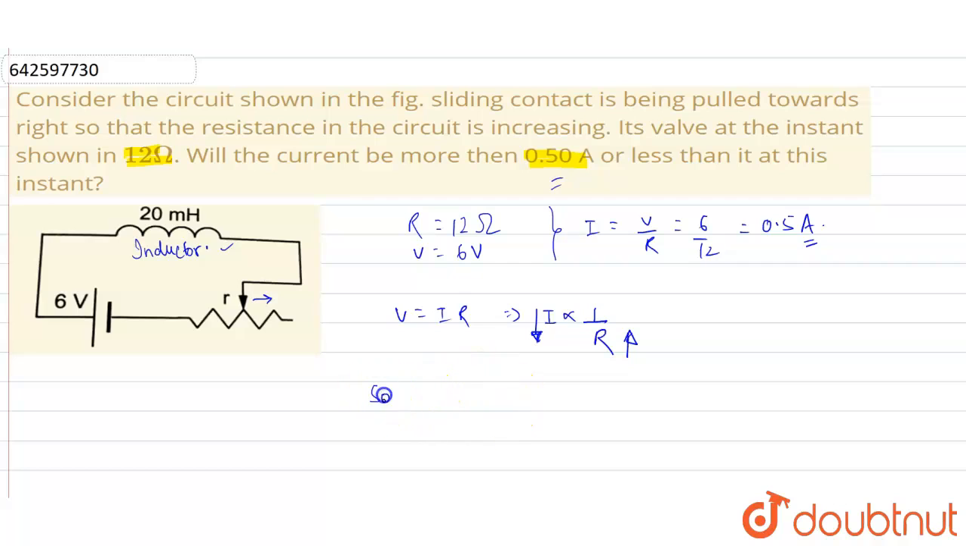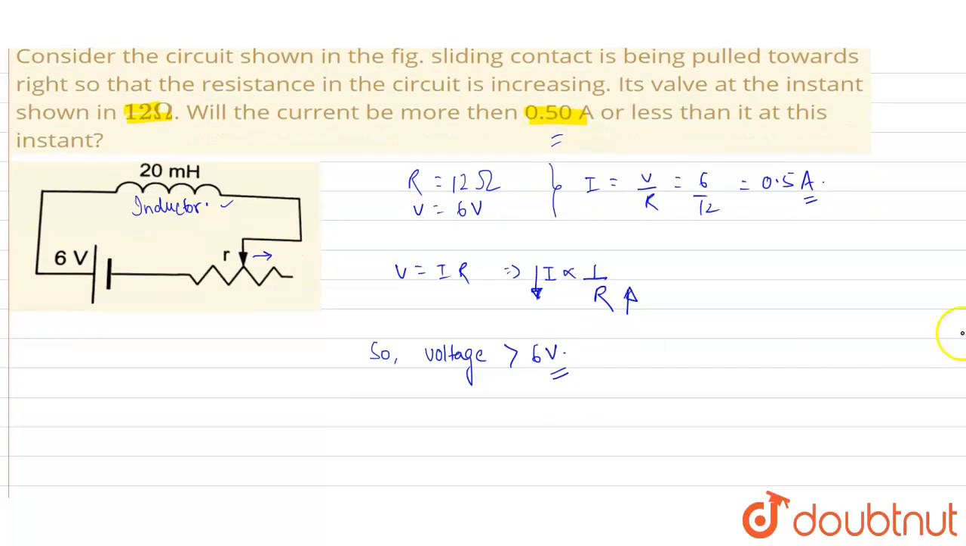So voltage or potential difference would be greater than 6 volt, correct. When the voltage would be greater than 6 volt, definitely the current or I will be greater than 0.5 amperes. Okay, so the